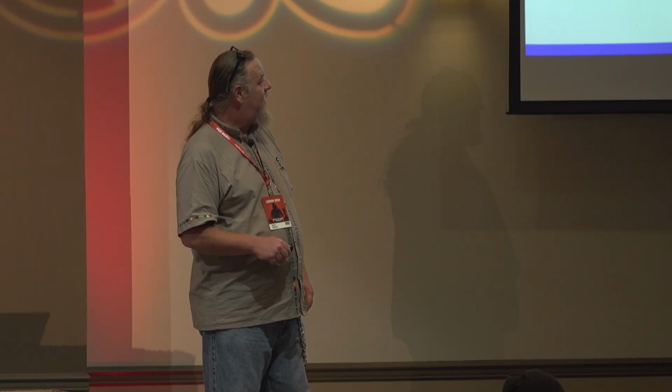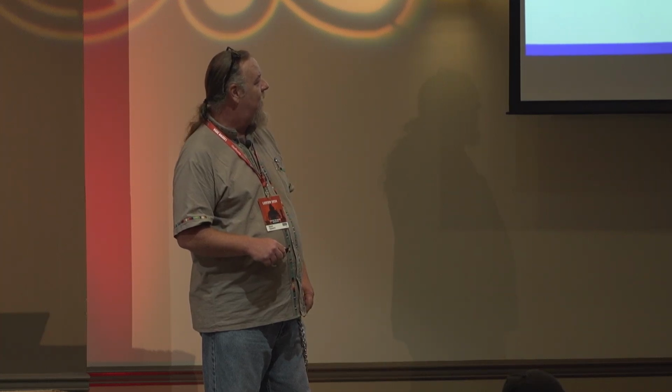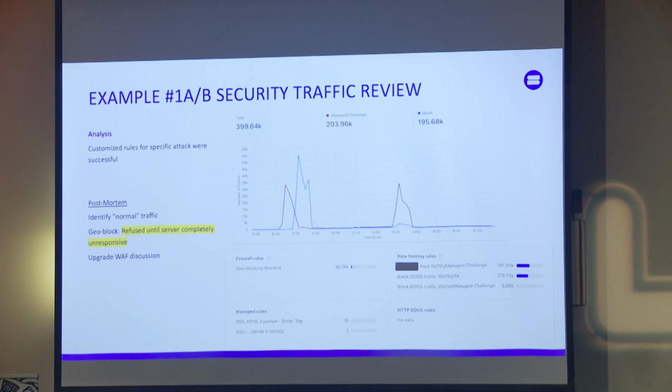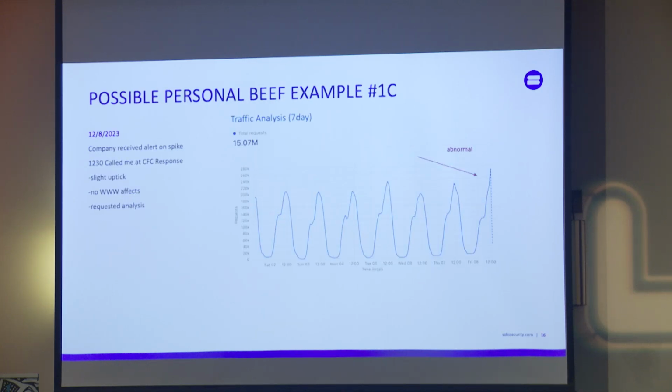So, and the other one, if you hit it 20 times in 1 minute, then you get a managed challenge as well. Sometimes you want to offer a managed challenge and then maybe offer another one. But if they don't pass the managed challenge, they're going to be blocked. So they'll get too many requests and then they'll start getting not there. And all these attacks are very big, right?